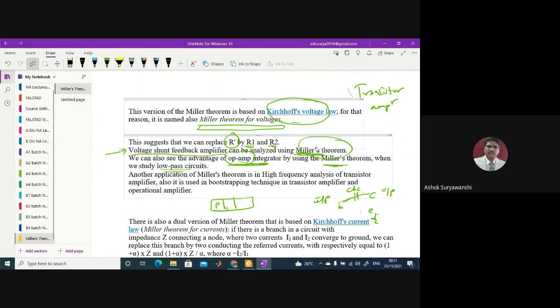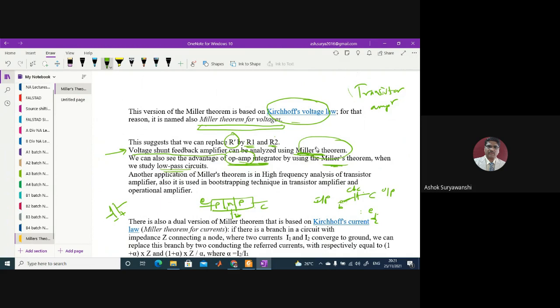So suppose this is a PNP transistor, right? So this is the emitter, this is the collector, and this is the base. So you can see between base and collector, the N means negative plate and P means positive plate. So this negative plate and positive plate will form the capacitance here, at the junction between N and P, that is between base and collector. So that will form the CBC capacitance.